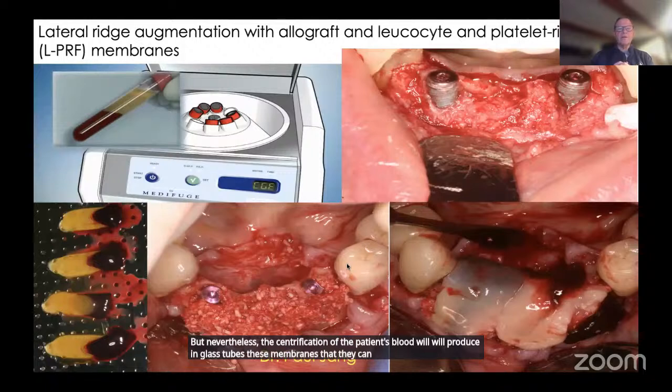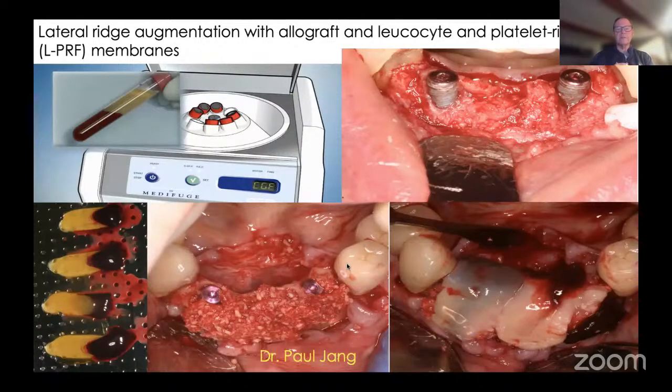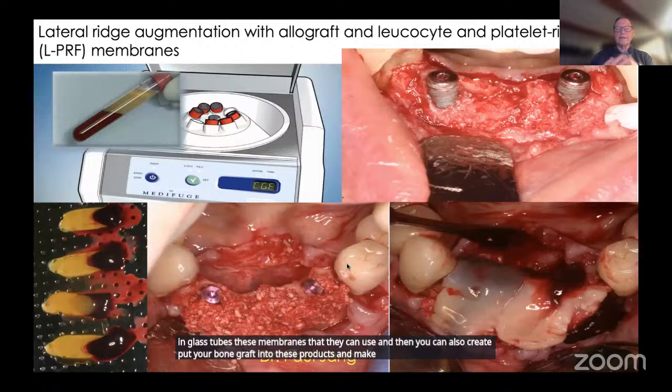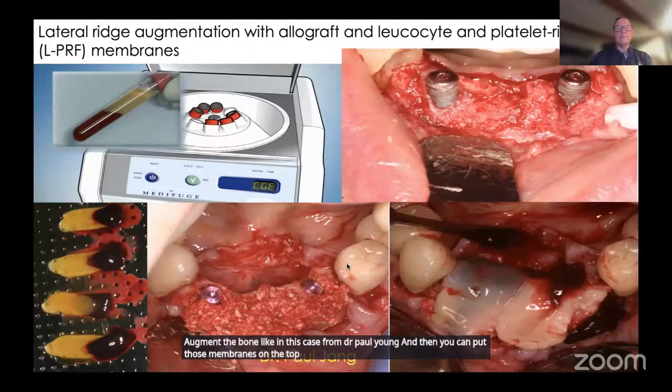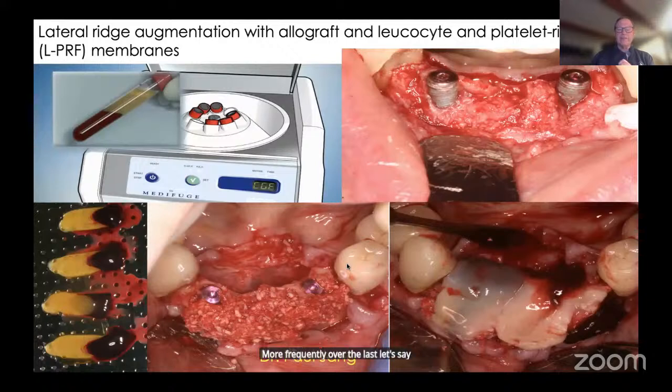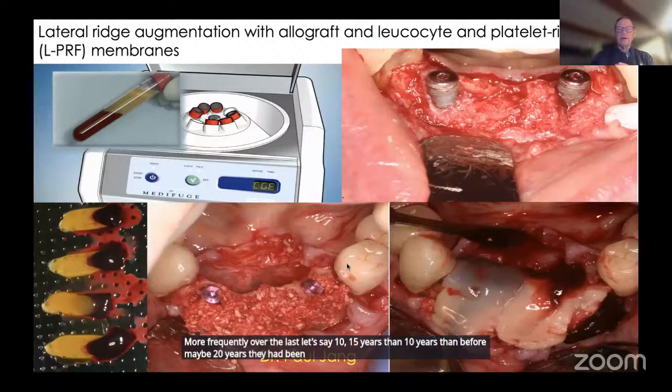And then you can also put your bone graft into these products and make a kind of sticky bone that you can use to augment the bone, like in this case from Dr. Paul Young. And then you can put those membranes on the top, and the idea is that you will improve healing. And this has been in use for many, many years already, more frequently over the last, let's say, 10, 15 years than before. Maybe 20 years they have been in use, and everybody thought that they are the miracle things to use,